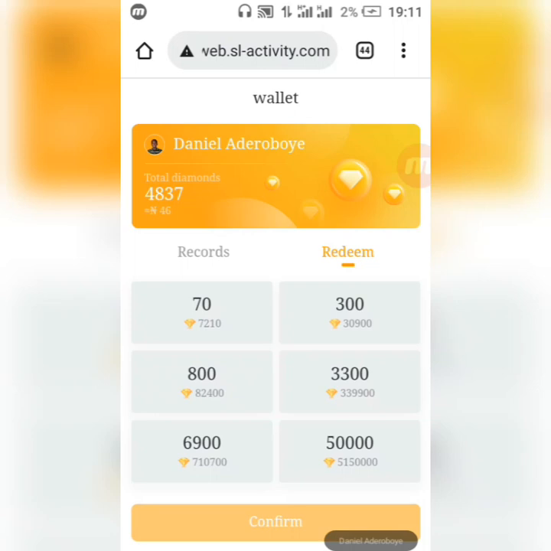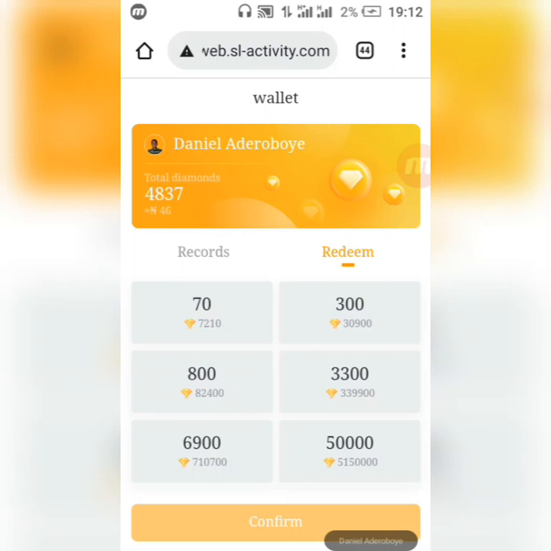So if you have 5,180 naira, 180 diamond, you can just click. You see it here in the redeem. But I've already redeemed my own just to test if this is real, and that's actually come for me. If you want me to send proof, I can screenshot the 15 and just send it in the comment section, maybe in the community tab.